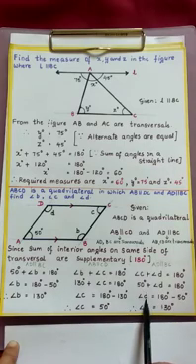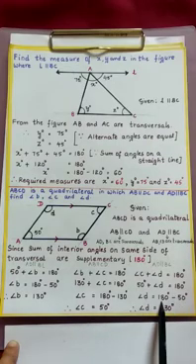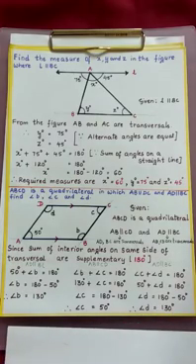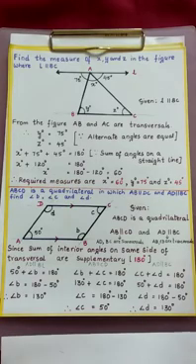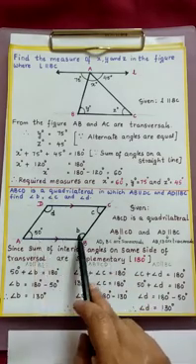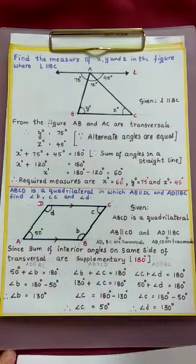Now let us find angle D by transposing this plus 50 to the right side. So 180 degrees minus 50 degrees. So angle D is equal to 130 degrees. So this is the way we can find the angles of this quadrilateral. They gave one angle, and we got all the three measures. Now let's move to the next sum.